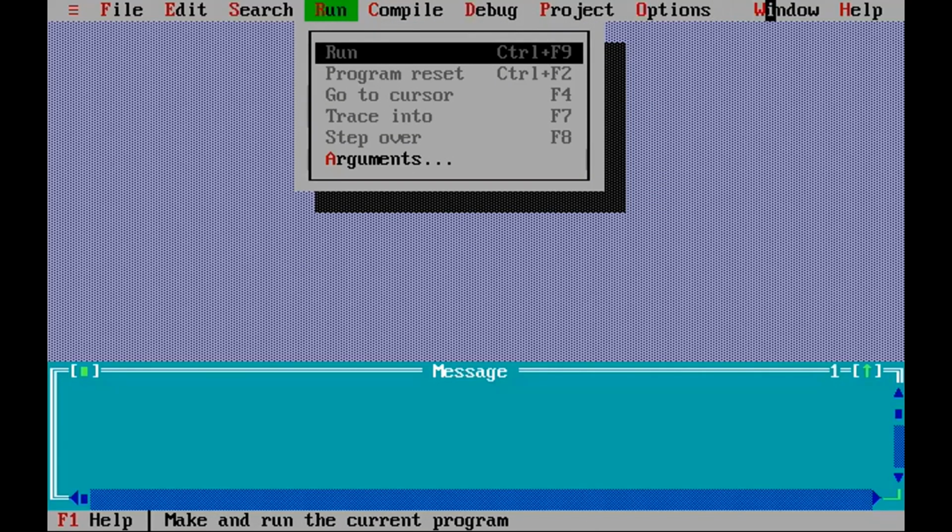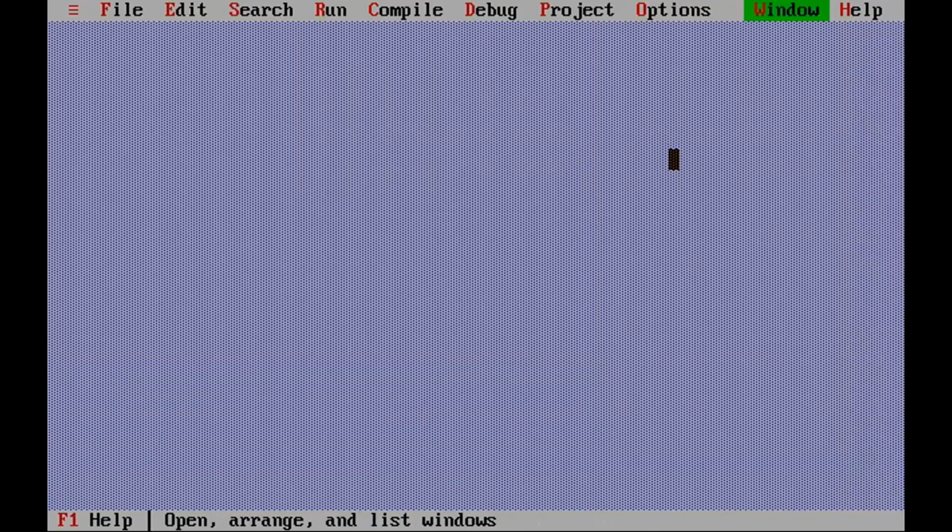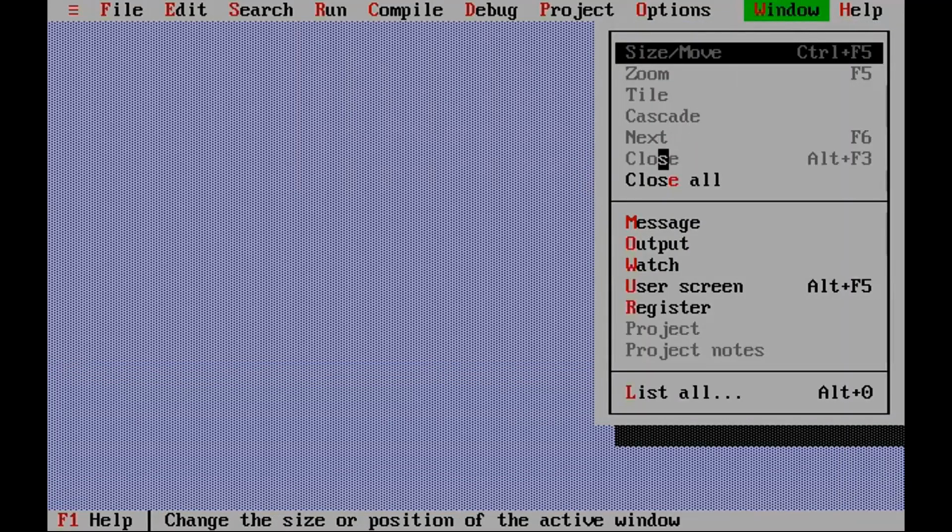Then let us go to the Windows menu, where some of the options are useful to us. One is the Close option. This Close option is used to close the current window which is open, or the current program file which is open. The shortcut key for that is Alt F3. If multiple program windows are open and you want to close all at a time, you can use the Close All option.